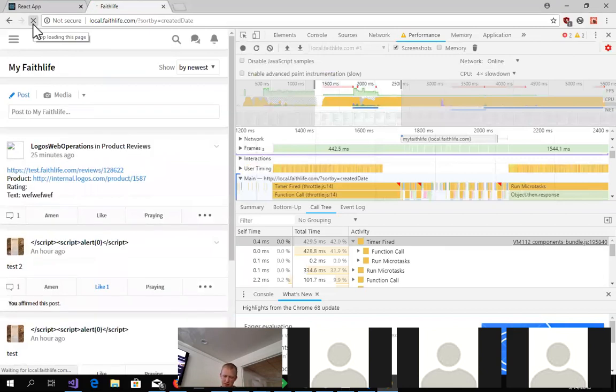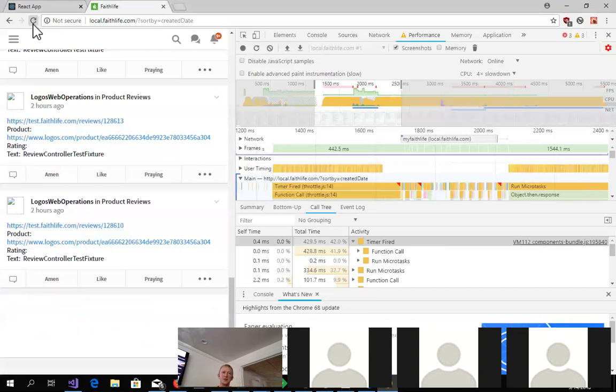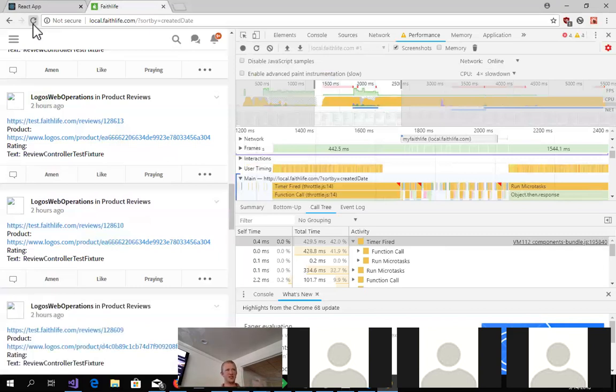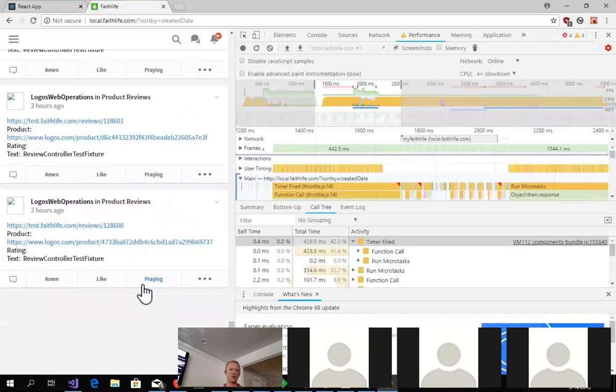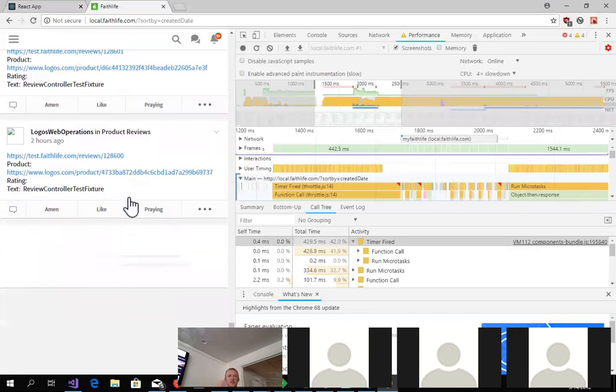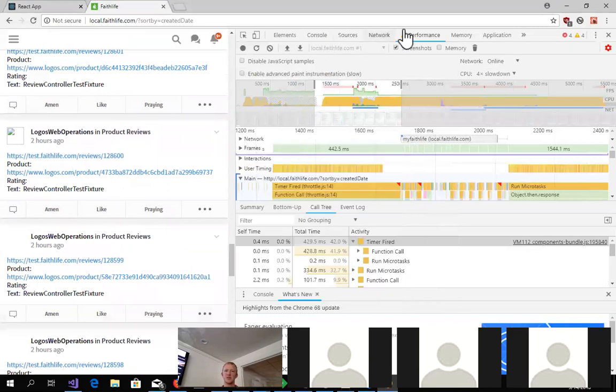Yeah. So as far as recommendations, just to give a quick recap, please do not go and apply pure components everywhere unless you know that your props are relatively stable. So if you're using a render function, do not use pure components. You will make things worse. And in many cases, it really doesn't buy us anything unless we're in a feed like this where you're rendering hundreds of this type of component, or maybe a component that has a really deep render tree, like some of the ones we saw